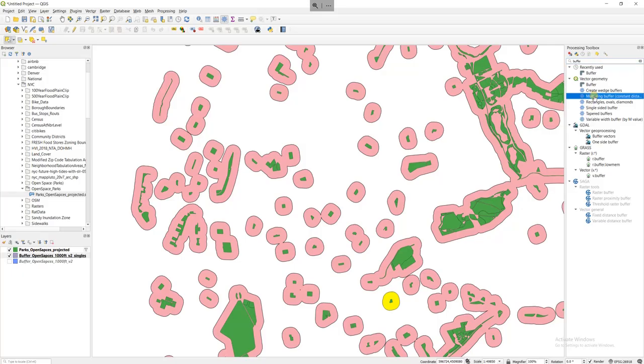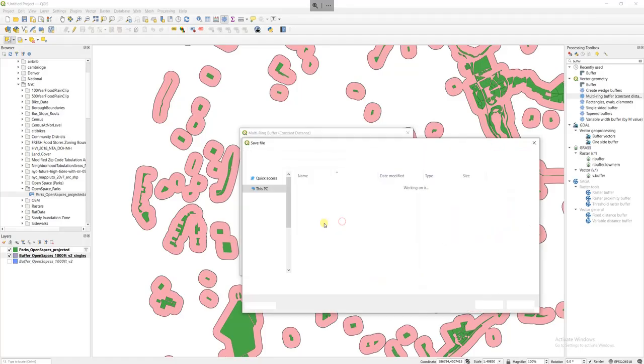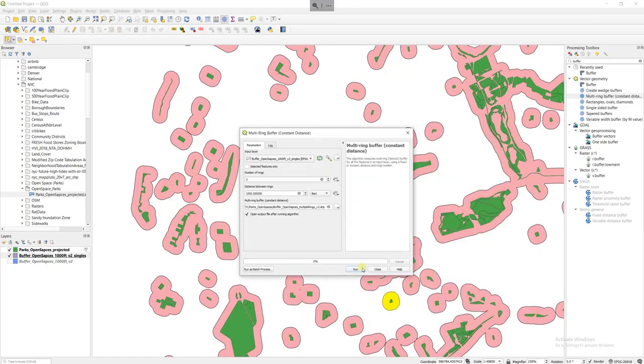So multiple buffer is more interesting. I'm going to bring multi-ring buffer, and this one will create multiple rings around one based on distances. So you can say a number of rings that I want is 3, and the distances I want to break down is 1000 feet, and then again you will give an option here, multiple rings, and that will generate